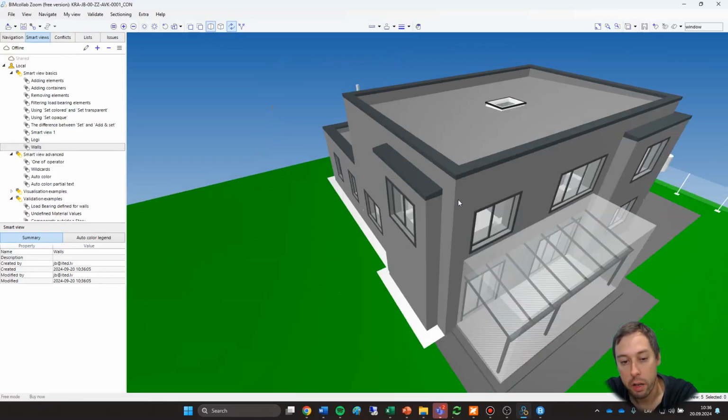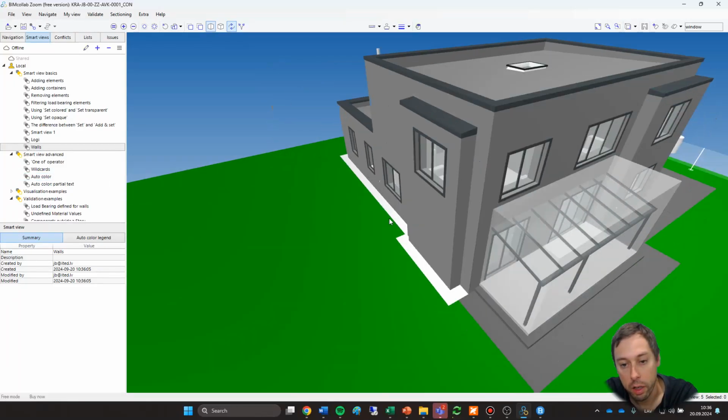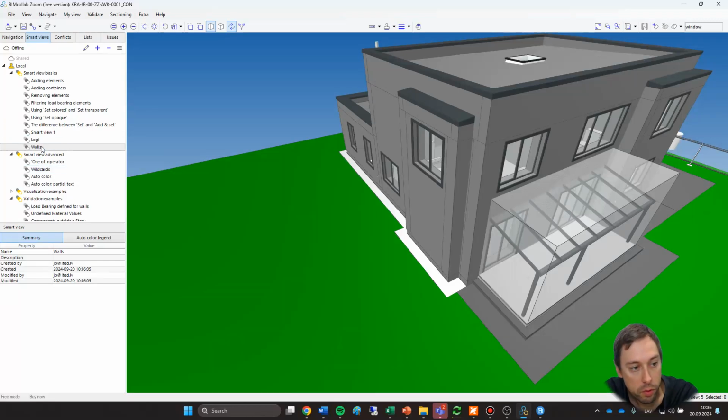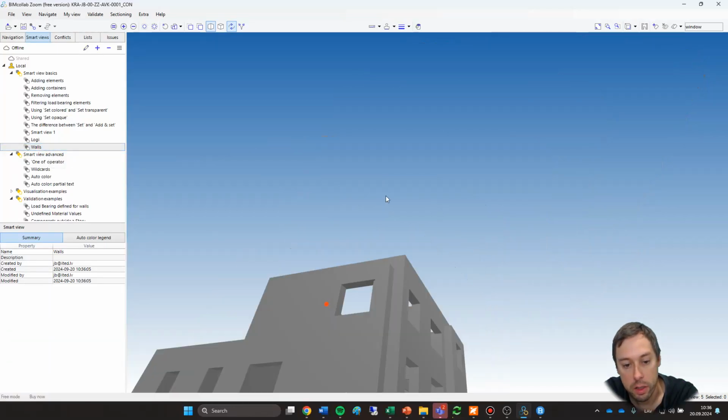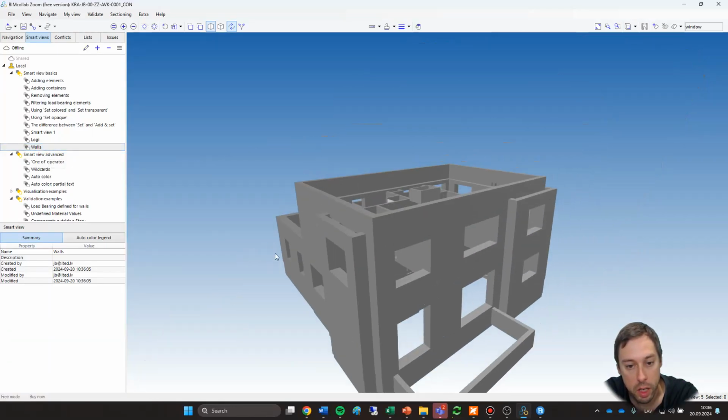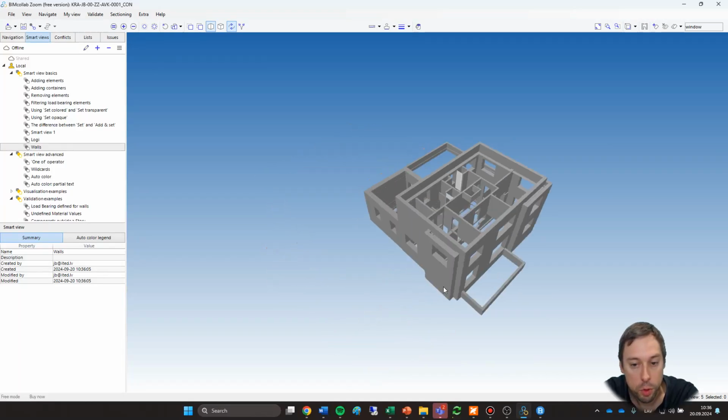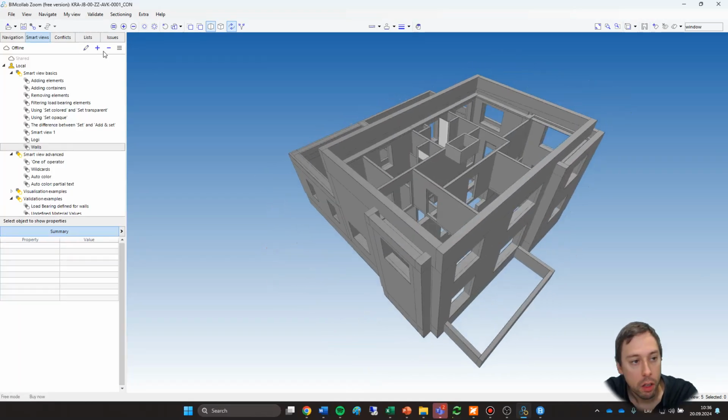And then let's say I have a new model and I again want to view the walls for some purpose. I can quickly go back to the smart views, press these walls, and this will show my saved object view. So these two sections, conflicts and lists, are available in the full version, so the paid version, but here